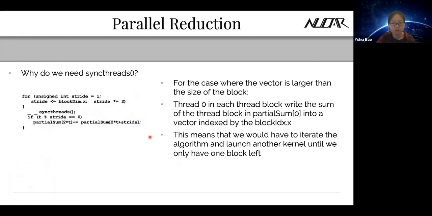It's because first we do the thread synchronization across all the threads in a block. At the beginning of the for loop, when we first enter the for loop, we do the synchronization. This synchronization has to be done because of the